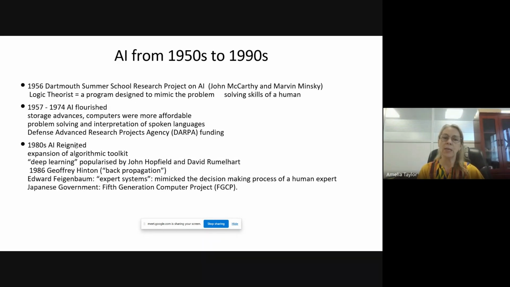Ideas such as deep learning were popularized by researchers, including Geoffrey Hinton, who then joined Google, and he published a paper that explained how deep learning can help machines learn from data and introduced this concept of backpropagation. The other thing to note is that in Japan, the government decided to invest huge amounts